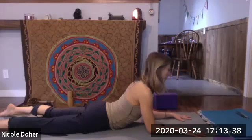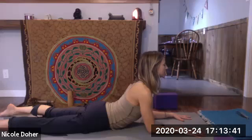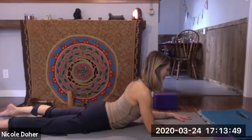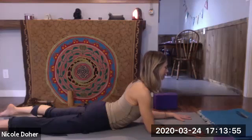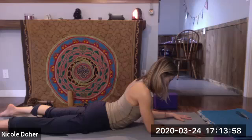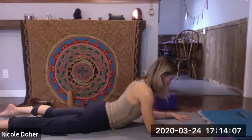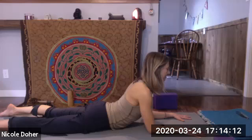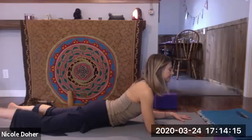So Sphinx, traditionally the chest or the gaze is maybe forward. You can do that if you'd like. I like this option too of chin to chest. You're still keeping the chest lifted and using that root down rebound of energy concept. So you're relaxing your head, bowing to the heart. And please just offering yourself so much gratitude. So much gratitude at this time